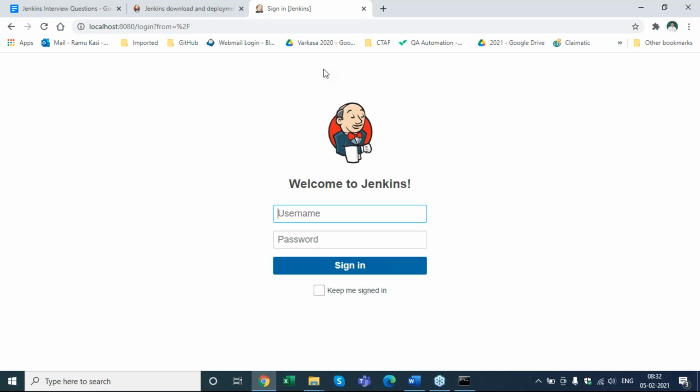I haven't had a chance to work using Apache, but the primary reason for downloading a WAR file is that whenever I trigger execution, I will be able to see the browser. If I'm doing UI based web browser testing, the traditional Jenkins download runs in headless mode, meaning you won't be able to see the browser opening. Whereas using this WAR file enables the browser to open. That is the main reason why we opt for the WAR file. Okay, otherwise we would never see what is going on.